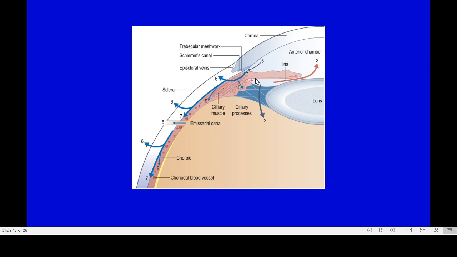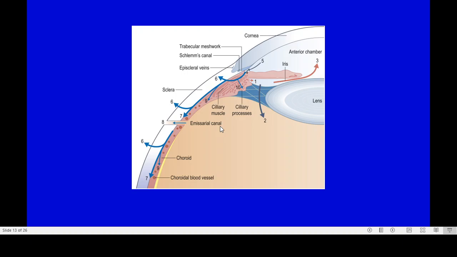The posterior chamber is a space bounded anteriorly by the iris and the anterior surface of the lens. From the posterior chamber, it goes through the pupil into the anterior chamber, and from there it goes into the angle, and it passes through the trabecular meshwork, then goes to the Schlemm's canal, the collector channel, and then goes outside of the eye. The other route is uveoscleral outflow,